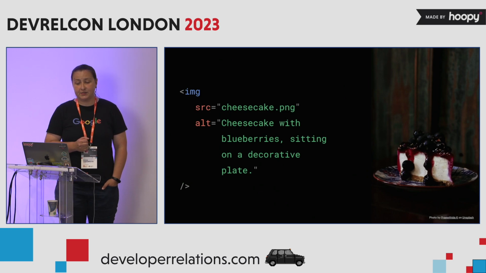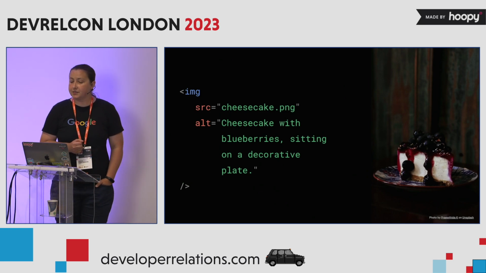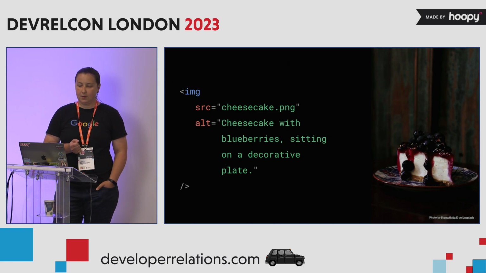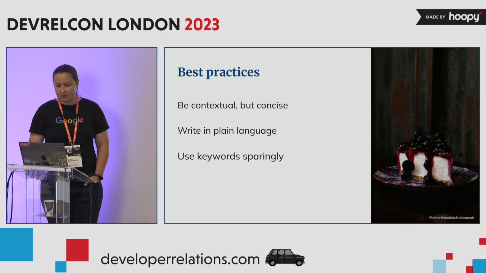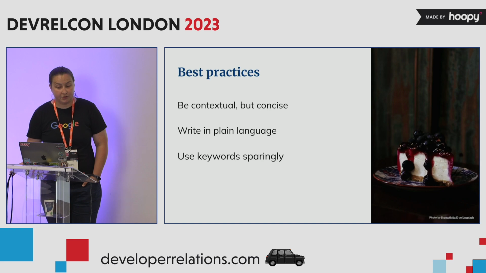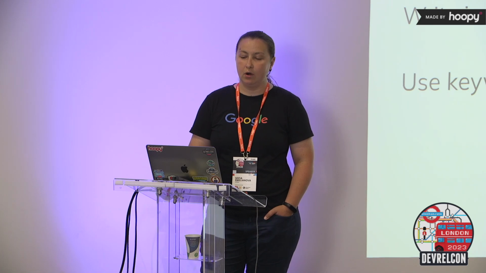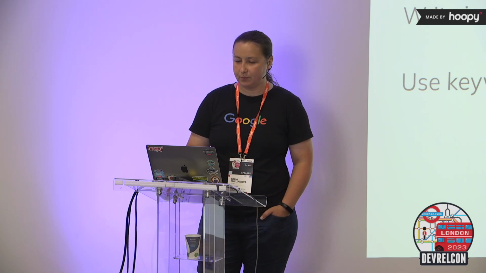By including alt text with your images, you ensure that the readers can appreciate the content on your website. Text in and around images should consider accessibility, because that text presents key information about the image. Here are some general best practices for alt text. Be contextual of the description, main characters, emotion, or event, but be concise. For example, don't start your alt text with "image of" or "screenshot of." Start immediately with the description.